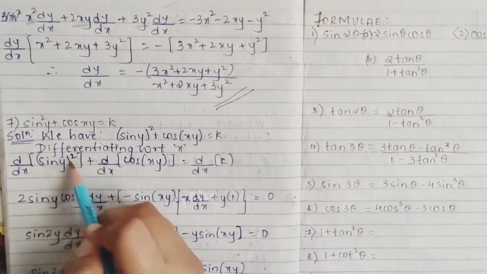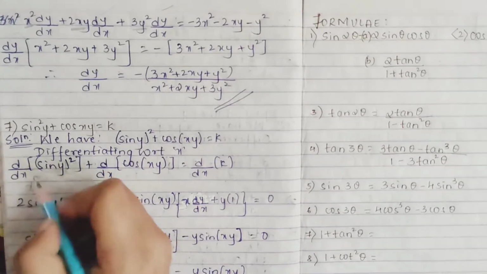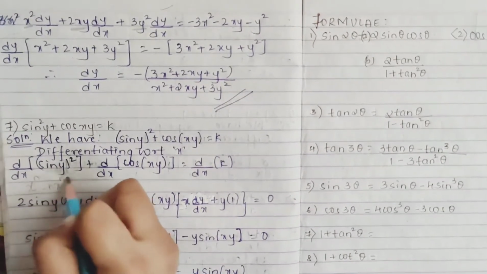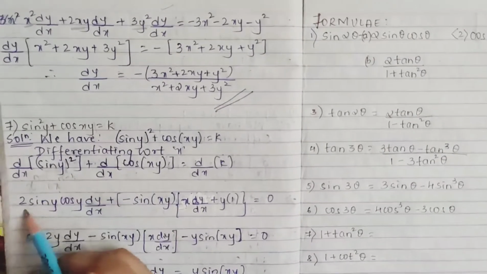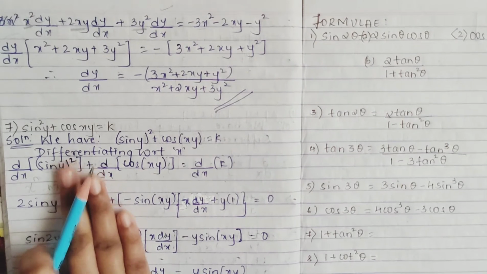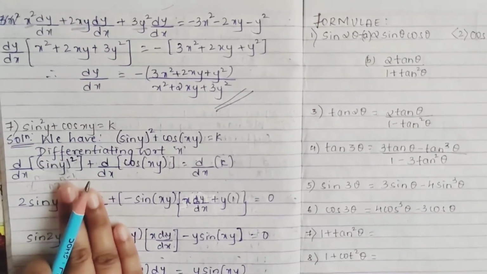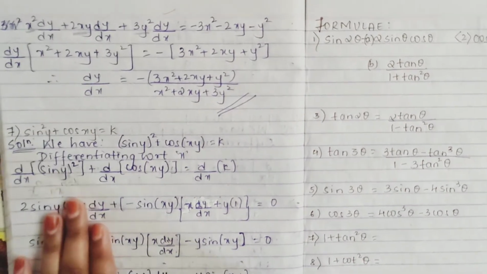So first for the square we have to do, that is our x raised to n part. x raised to n differentiates to n x raised to n minus 1. So it will be the same: 2 sine y raised to 2 minus 1. 2 minus 1 is 1. So that part is over. Yes, your x square part is over, x raised to n part is over. Left is what? Next is your